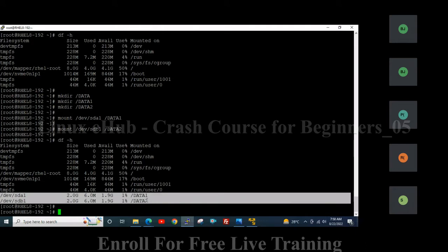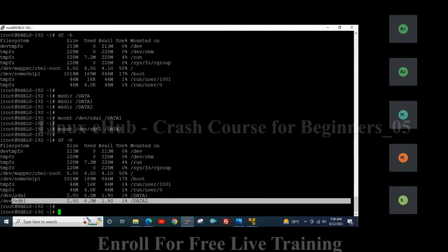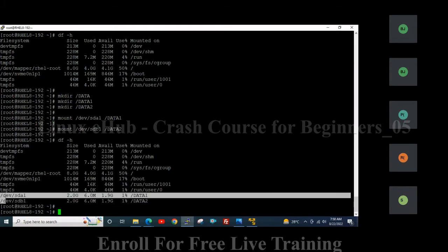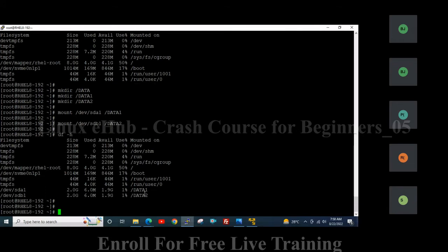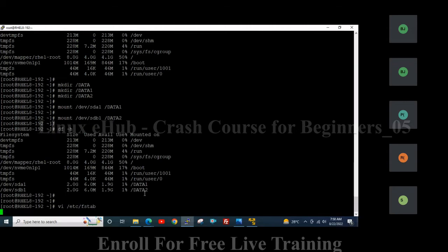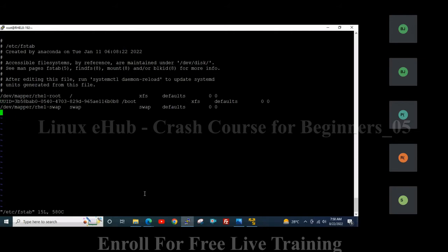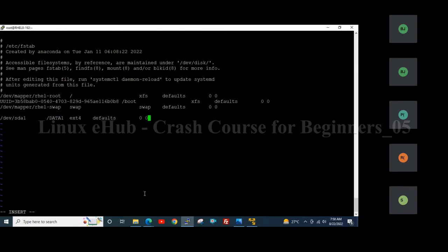But this is a temporary solution. Whenever we reboot the server, this partition will disappear and will not be available for use. So to make it permanent, we have to make an entry in /etc/fstab. Here we have to make an entry: /dev/sda1, then one space, /data1, then ext4, then defaults, then 0 space 0, and